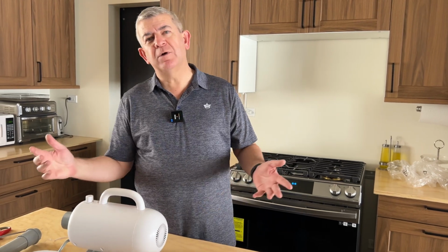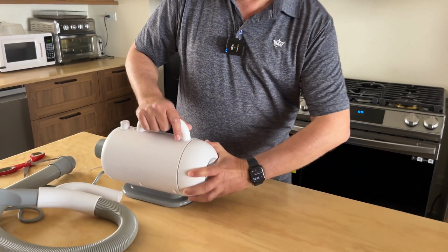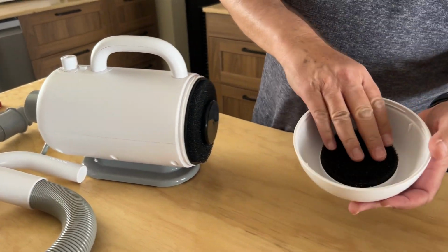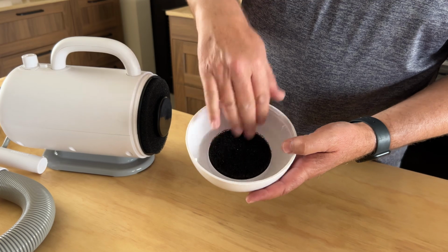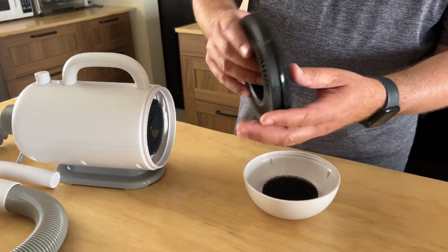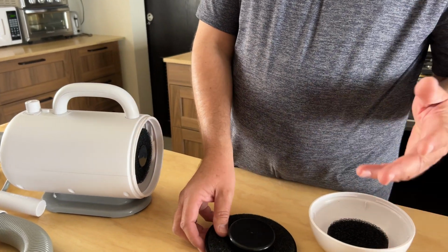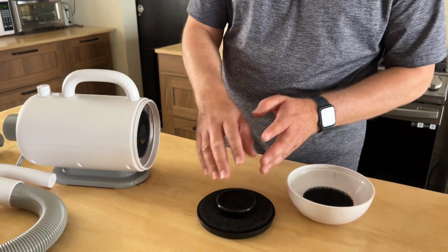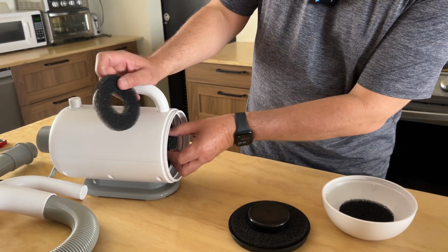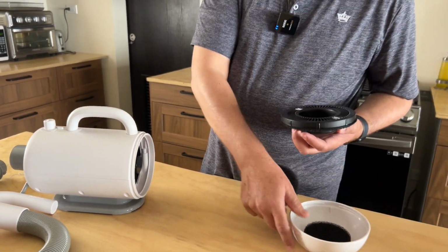Finally, every once in a while you want to clean the air filter, depending on how much you use it. It's really easy to do it. You just unplug it here and you will clean this part. This filter also, you could even clean it with water. You just have to make sure that it's really dry when you put it on together. And this is the other filter. So you have 3 different filters that you want to clean